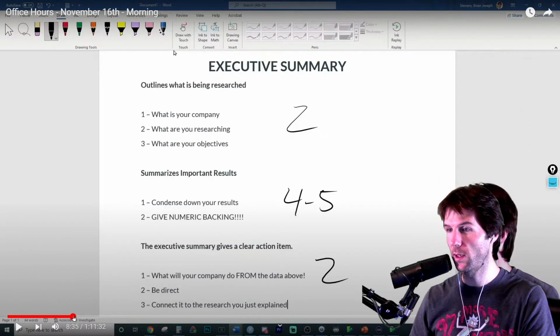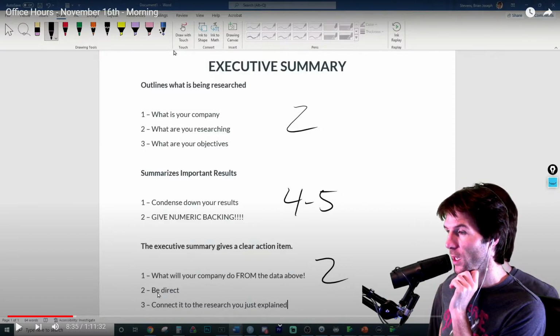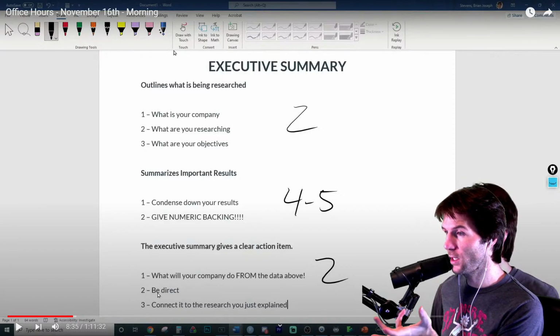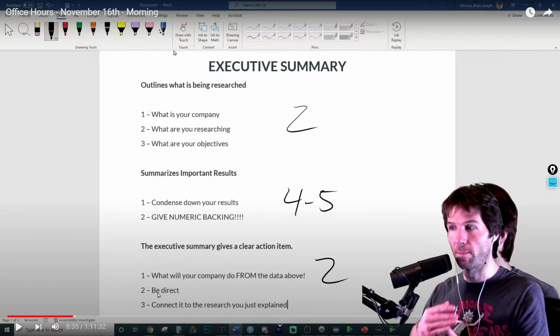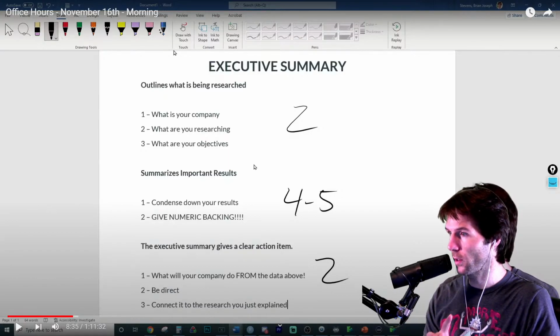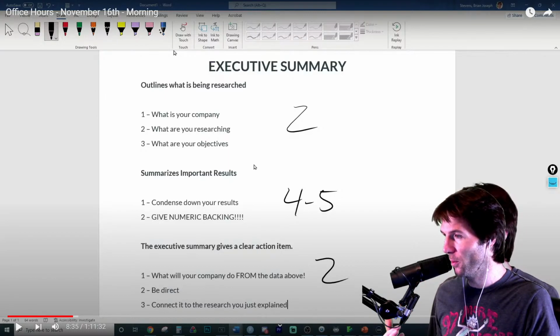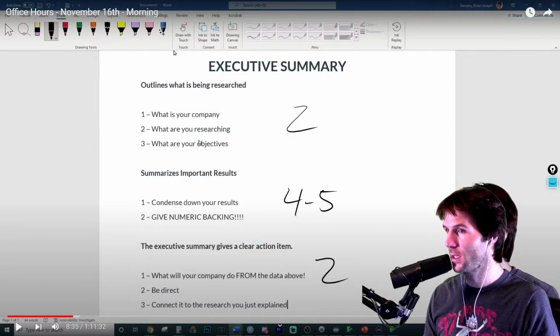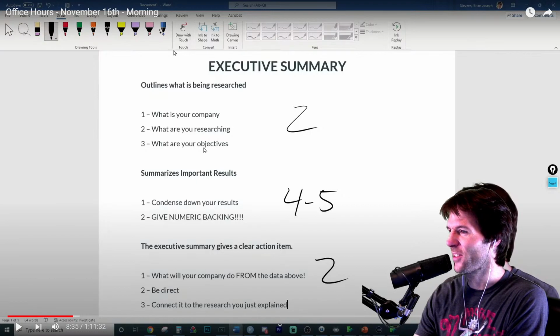Little Brian Inception going on right here on the screen, but this outlines what we need and what we want to get with our executive summary. You won't be including graphics in the executive summary. Make sure you're very clear and very to the point, and you work at this company, so you're just going to say here's what we're doing, here's what our company is, here's what we're researching, here's our objectives. But explain it. Tell people what you're doing. Tell people the importance of this. And go through these steps right here for your company on what is being researched.